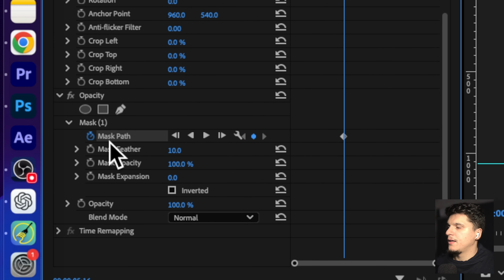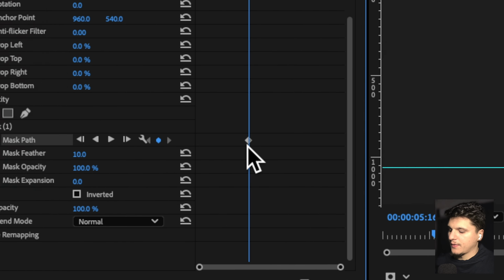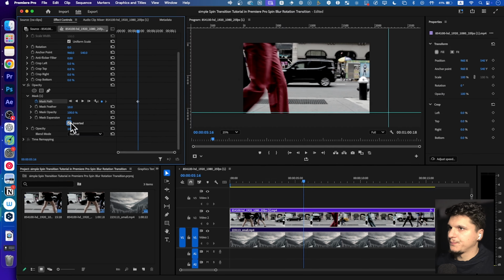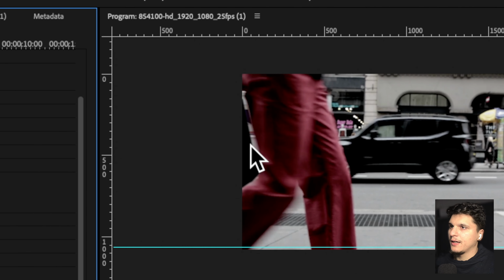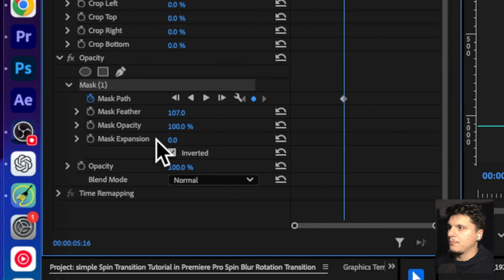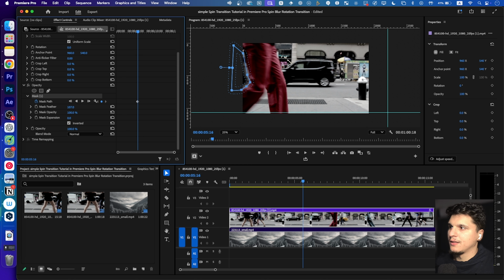And I'm gonna add a pad here, a frame right over here. And then here we're gonna see this. So we're just gonna click on invert. And here we're gonna have to remove this with click on the mask and increase the feather. And then increase the mask expansion. So perfect. And now we're just gonna have to move